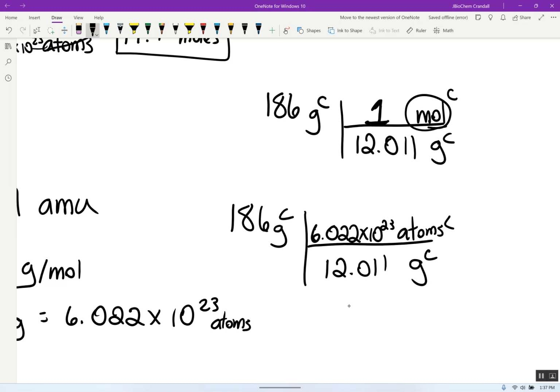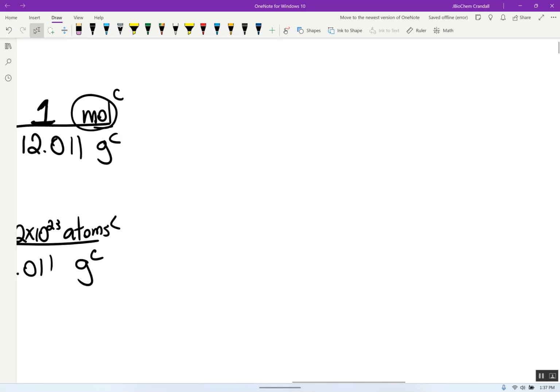Okay? So these are simple types of conversions that we can do in order to know the amount of grams, the amount of atoms, or the amount of moles that we have in a substance. So our periodic table is going to be vital to us when we do something like that. So for example, if I have 76